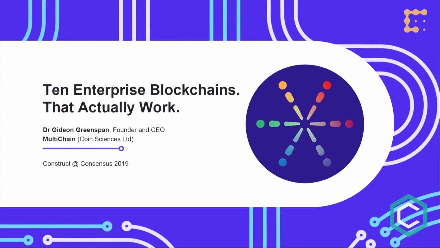What I'm going to talk about specifically is 10 enterprise blockchains that actually work. And by that, I mean 10 networks built on our platform that are in production, solving a real problem, providing real value. The reason this is important is that we've heard so much in the past few years about PoCs and pilots and enterprise blockchains. It's important to see which projects actually make it to production, and we're going to talk about their characteristics at the end and some lessons that can be learned.